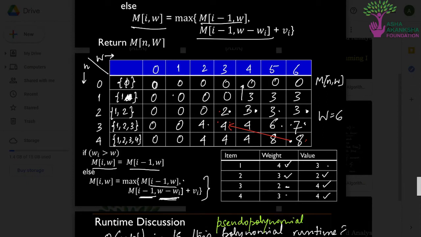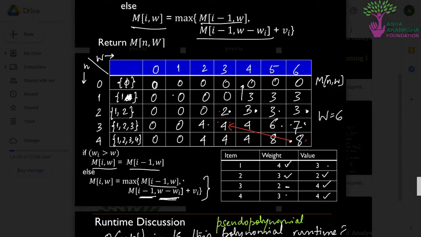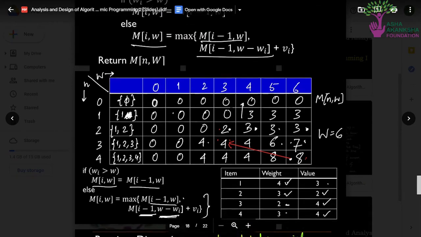This is the set of items from which we are taking the selection. This is the value of n. This is 0, which is no item. This is 1, that is the first 1 item. 2, first 2 items. 3, first 3 items. 4, first 4 items. And this is the value of w.